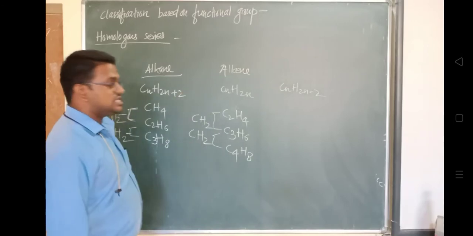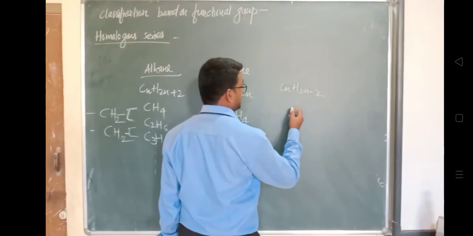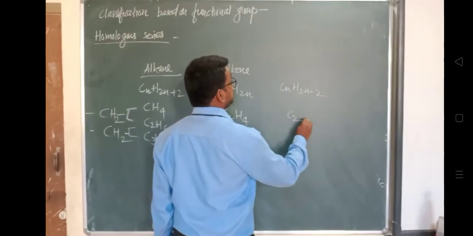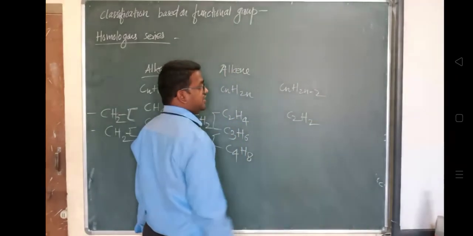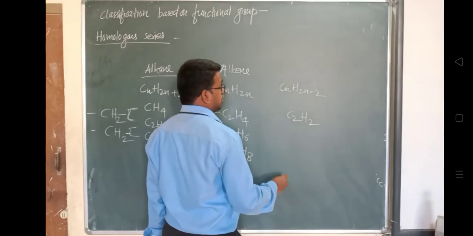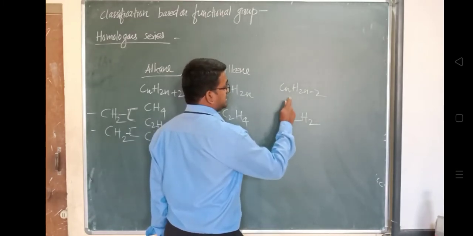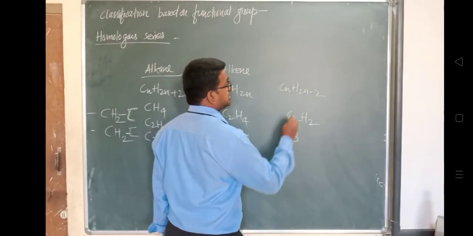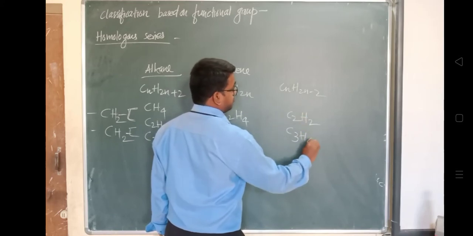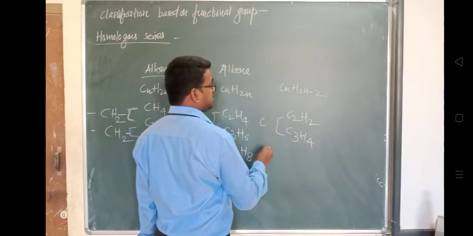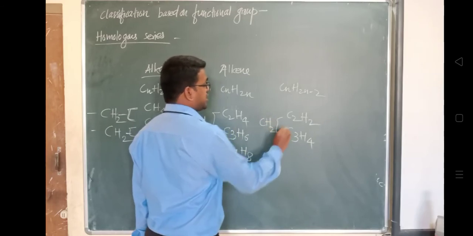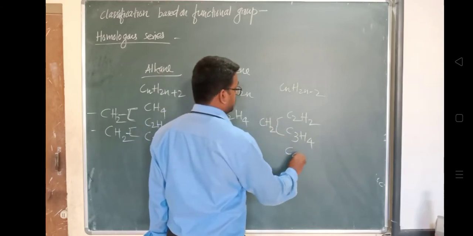Same here. चलो 2 रखो n की वैल्यू. So C2, that is H2. C2H2 आएगा. देखो यहाँ पे C2H2. In this way n की वैल्यू 3 रखो. C3 H4. So in all this what you are observing, ये देखो कार्बन एक डिफरेंस और हाइड्रोजन दो का डिफरेंस है. You check it.